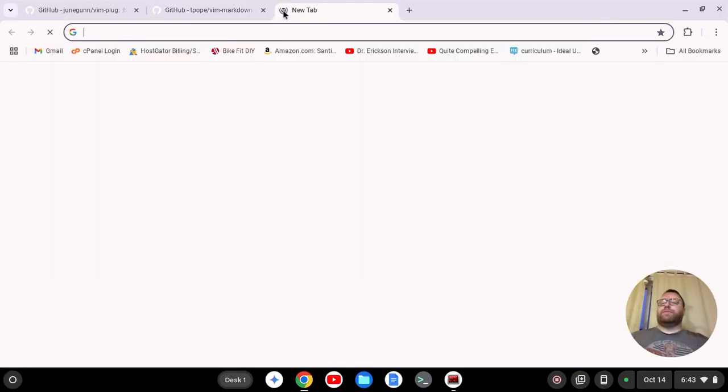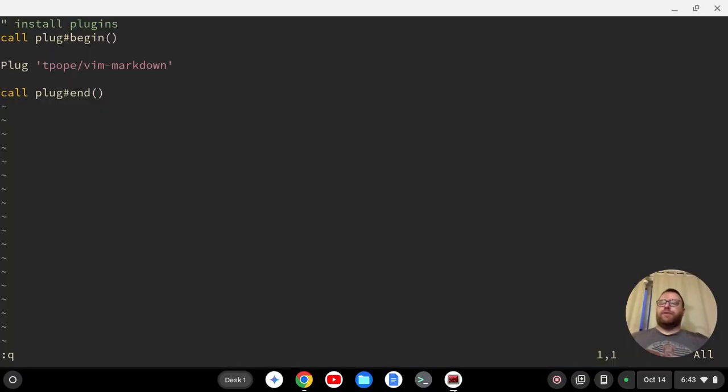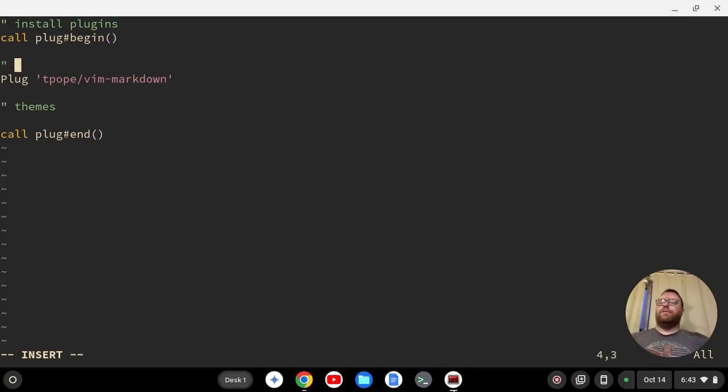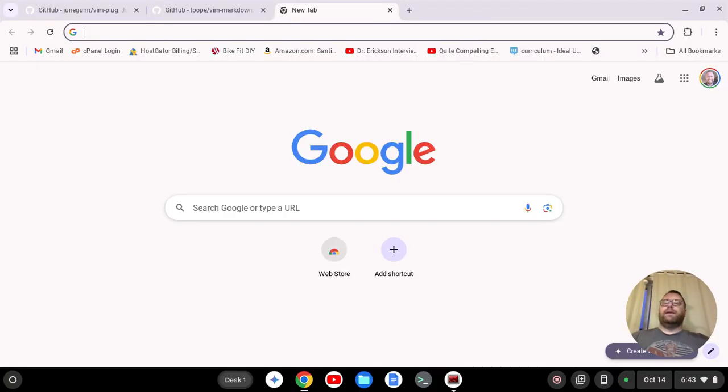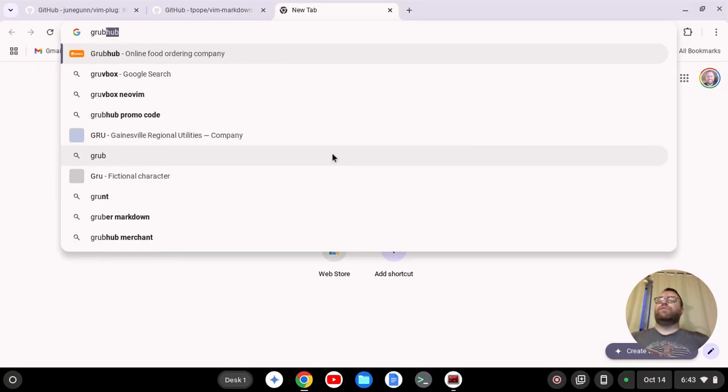Let's install some theming. So let's go down here with J, and then I'm going to do just O to get to insert on the next line, and hit enter. Now let's make a comment here that we're going to do themes here. And we're going to definitely get some more general plugins here for Markdown and such. All right, and if I go down here, for themes, I want to do Gruvbox,